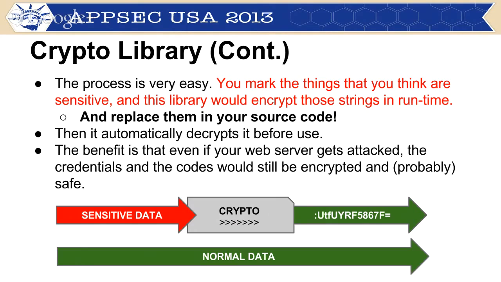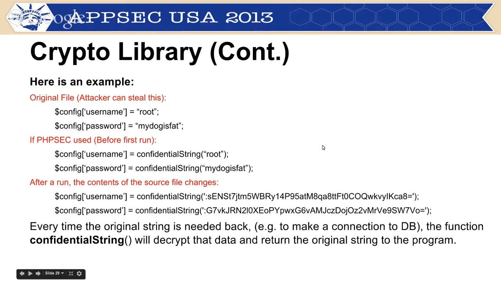So what this library does is that, in the next slide, you can see that your original file contains something like this: $config username is root, $config password is my dog is fat. What you will do is change that. In front of root you put this function, confidential string. It's kind of marking that this particular piece of information, root and your password, is confidential. As soon as the project is run for the first time, those strings are changed to their equivalent